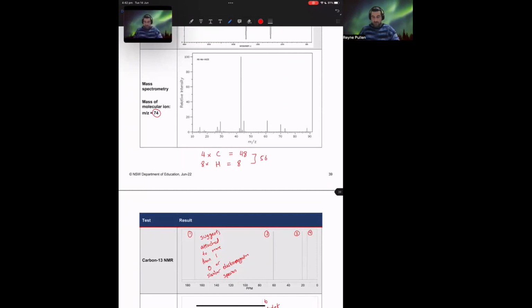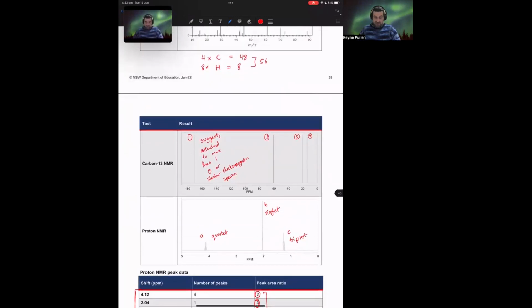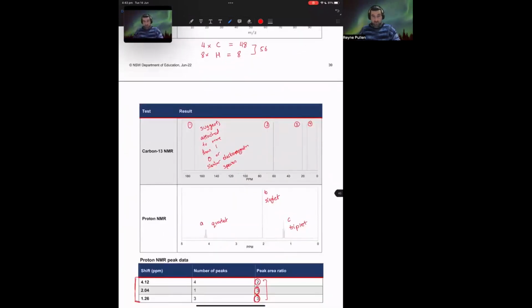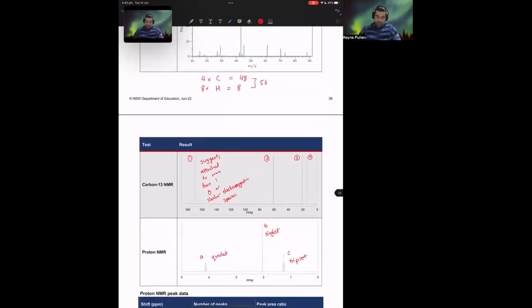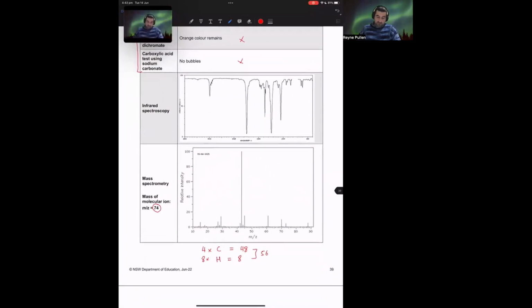Okay, now that's a bit shy. It's a little bit shy of what we're really after. And right now, we don't really have much more information. All of the tests at the front didn't narrow down what functional groups are present. The carbon and the proton suggest that there's something electronegative, but we're not sure what. So before we progress any further with the mass spec, we might actually turn and have a look at the